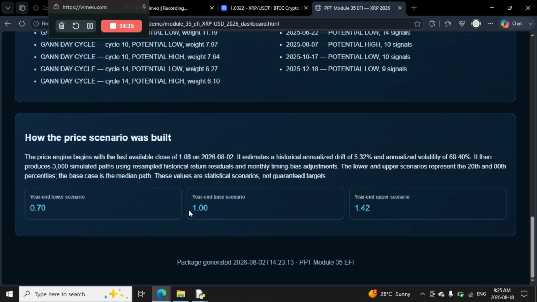The base would be around $1, which we're trading just around therein. And we could have a possible shock or move up, and the top of that channel could come to $1.42. We're not saying it is. So we're looking at our base case for a low in the end of the year and what this is going to look like for us.